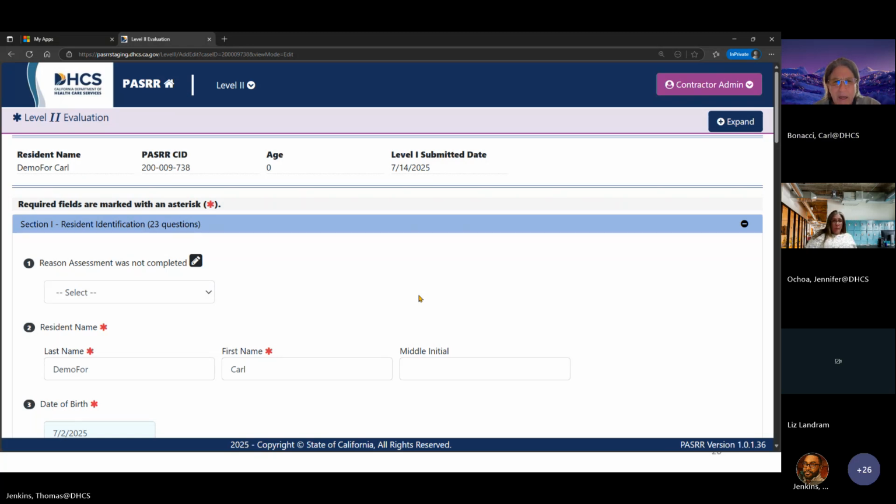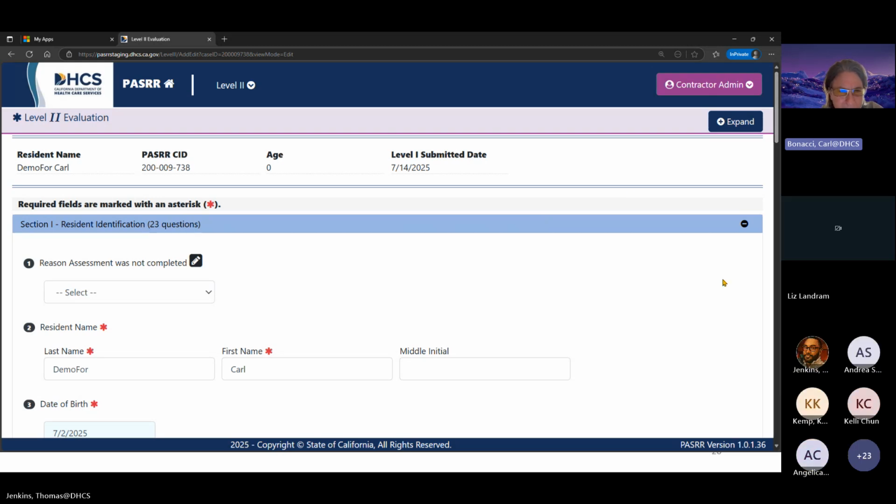I think it's outside of the purview of this presentation to show how to log in and get into the system and all that. I assume everybody's gotten that training. Now we're just doing the clinical assessment process of it. So when you first open up, you get to this page. Some of the information is auto-populated from the level 1. So you just start with the